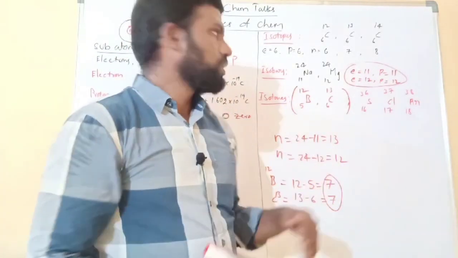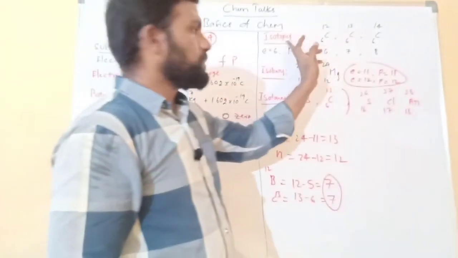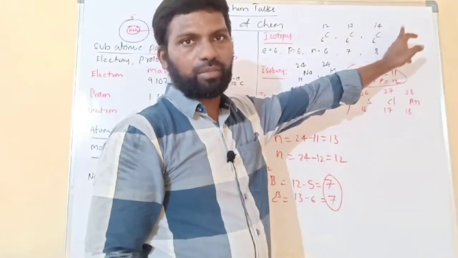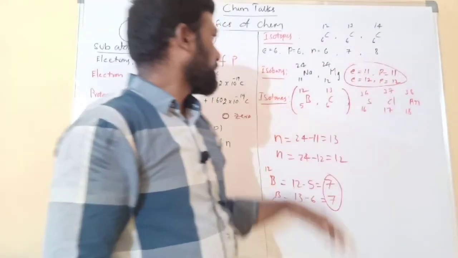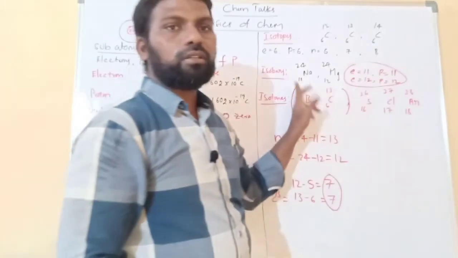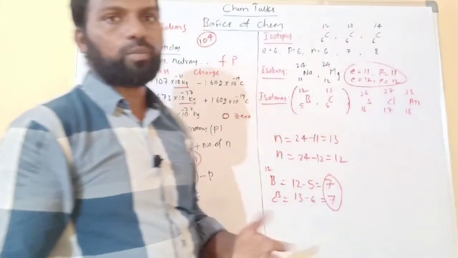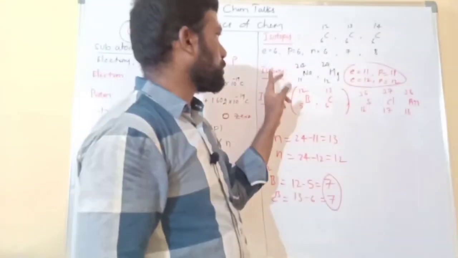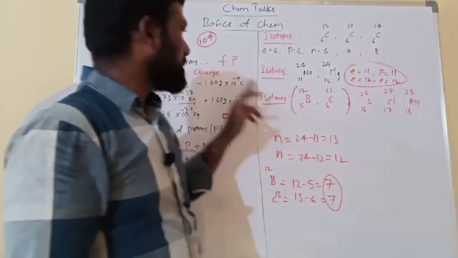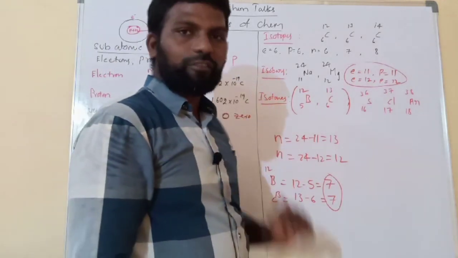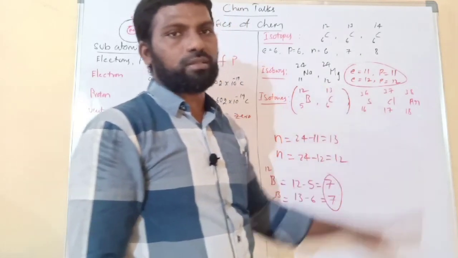So finally, once again I will give the definitions of these 3 briefly. Isotopes: species having same atomic numbers but different mass numbers are called isotopes. Here they have different number of neutrons. Isobars have different atomic numbers but same mass numbers. They have different number of neutrons. That means both isotopes and isobars have different number of neutrons, but isotones have same number of neutrons, but there is a difference in atomic number and mass number. Okay.